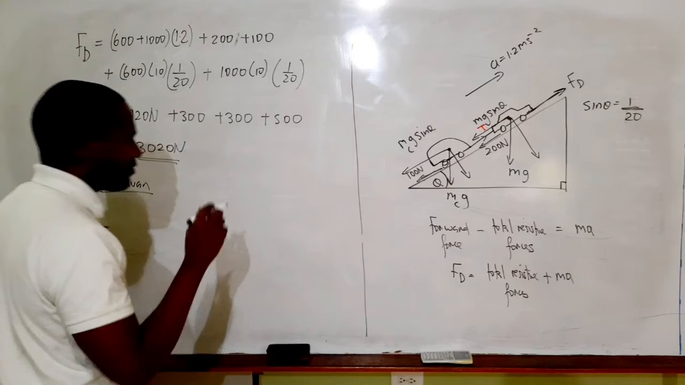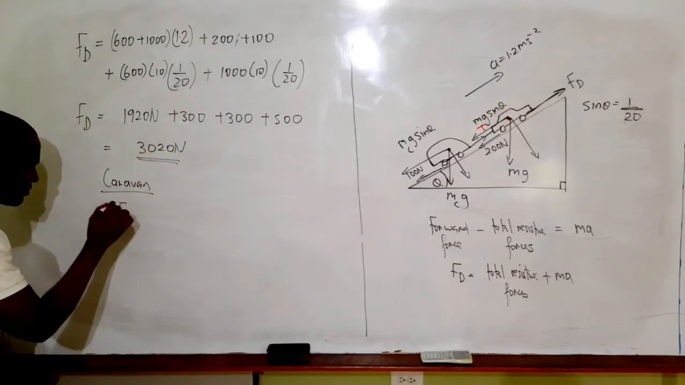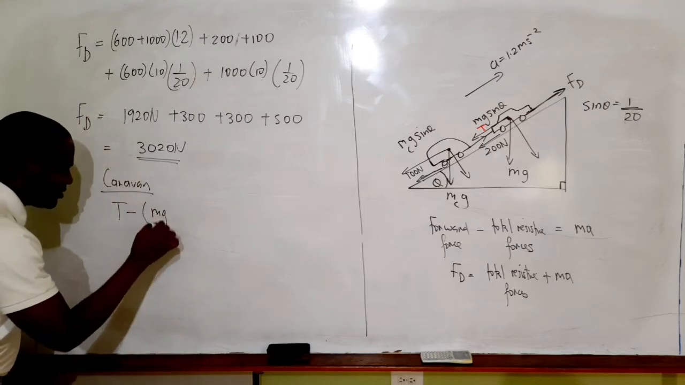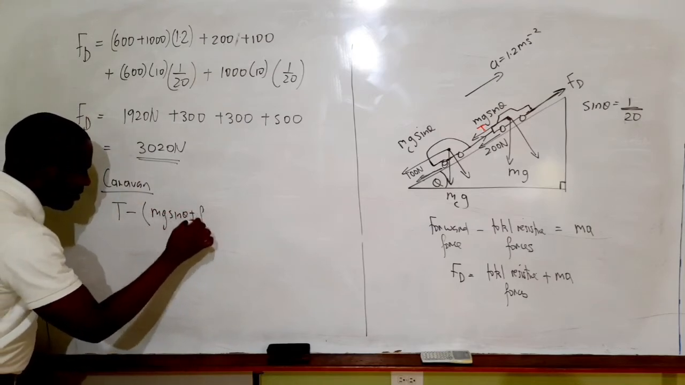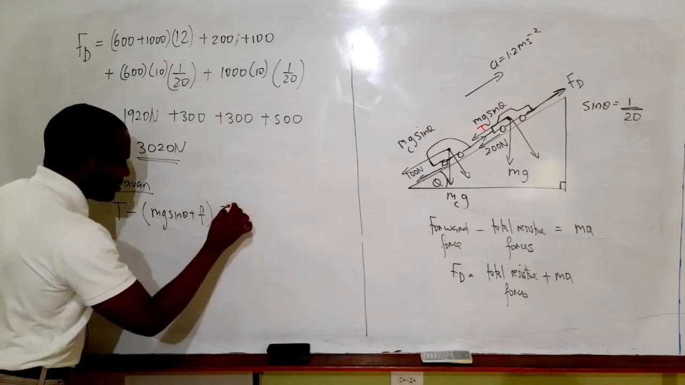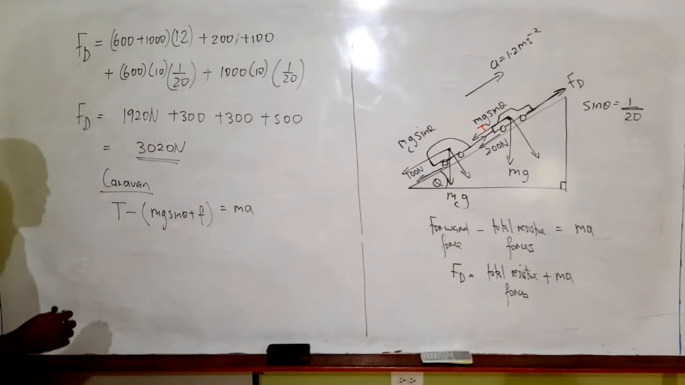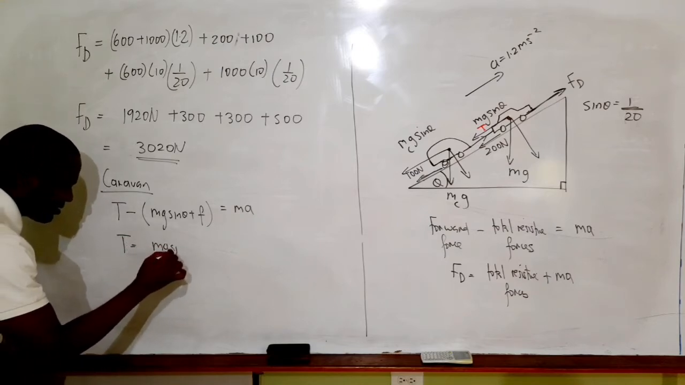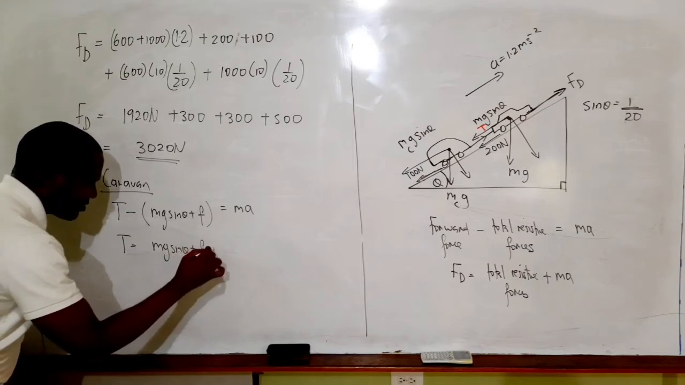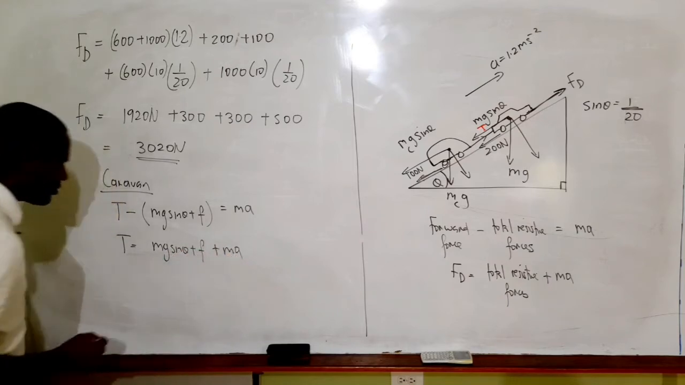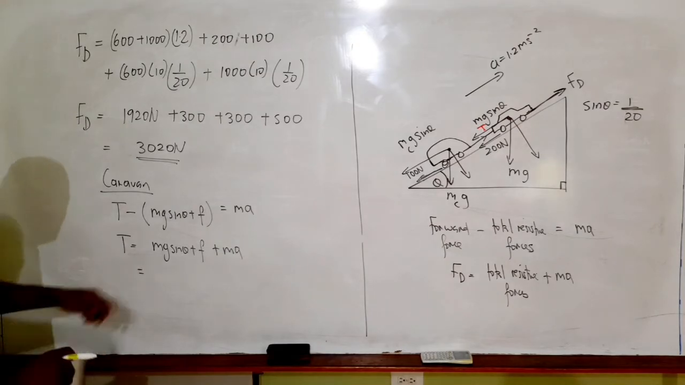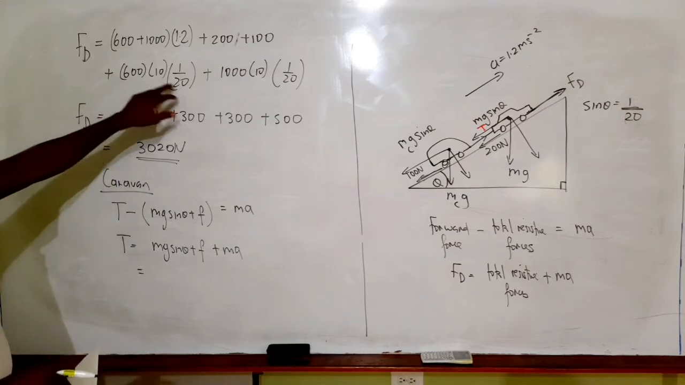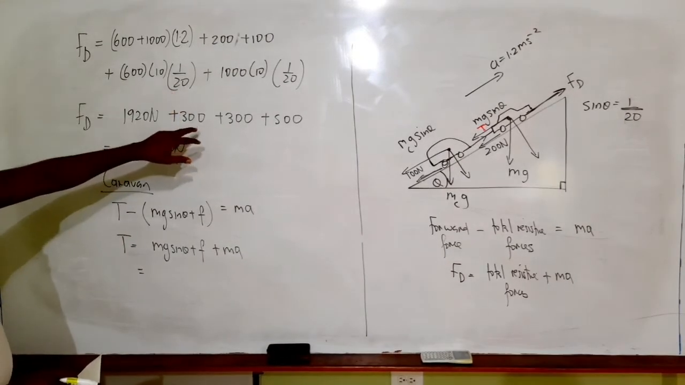So we can say that for the forces on the caravan, the tension minus the resistive forces, which is mg sine theta plus the friction, is equal to the mass times acceleration. And therefore we can say that the tension T is equal to mg sine theta plus the frictional force plus the mass times acceleration. And once again, this gives us the mg sine theta for the caravan. From the previous part of the question, this would have been 600 times 10 times 1 over 20, which gave us